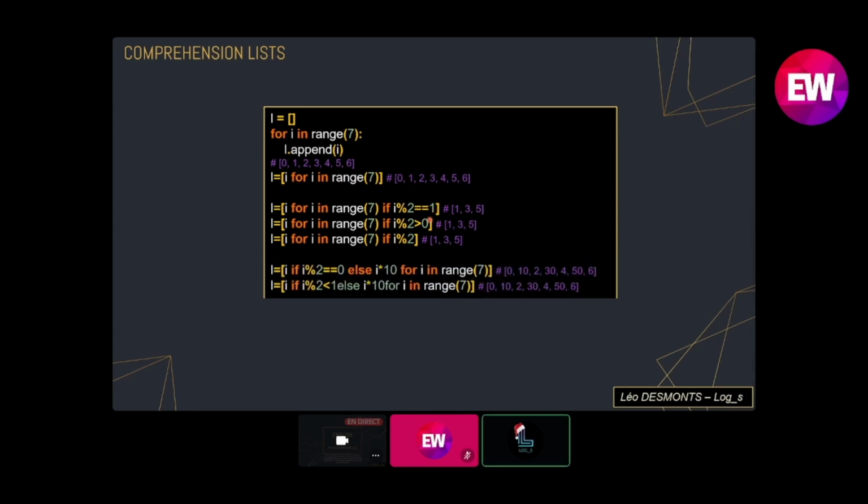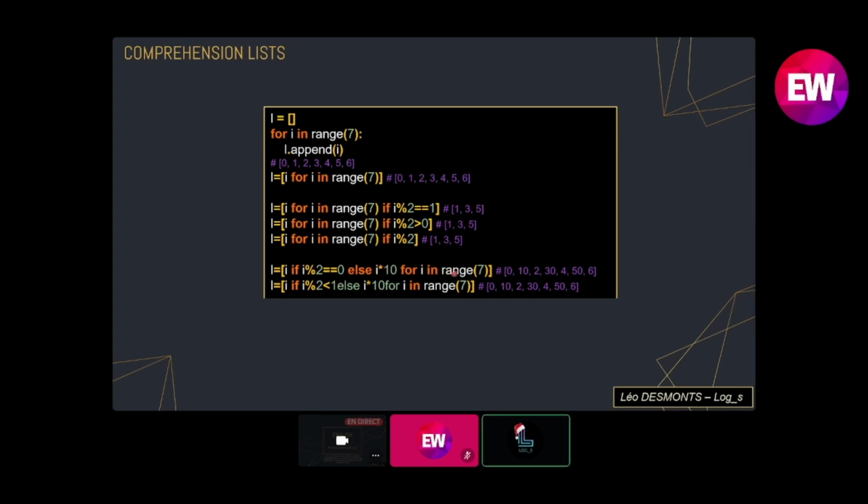Here's one more example with comprehension list that's very important: if you want to add an else statement to your if, the syntax changes. You can see here, I have my if statement placed after my loop. Now it's placed before because I'm using the else statement. That's a little bit illogical, but you have to keep it in mind. Here, for example, I'm doing the opposite of previously. I'm keeping only even numbers, and odd numbers are having a modification before being kept.